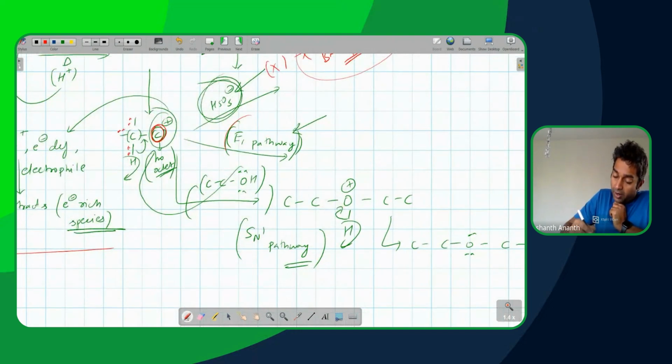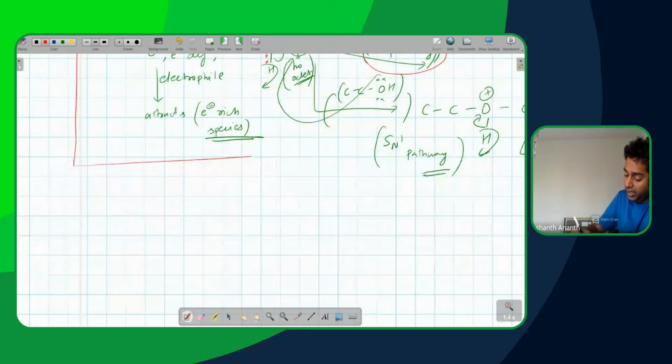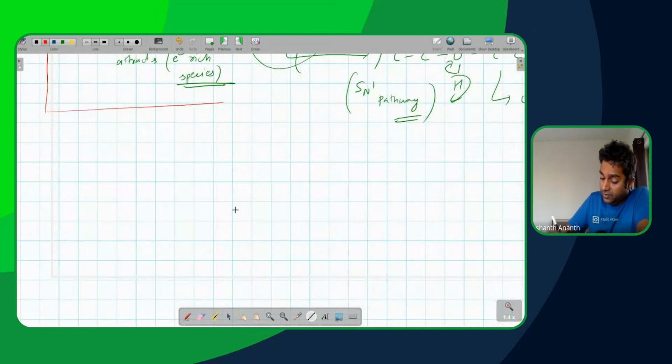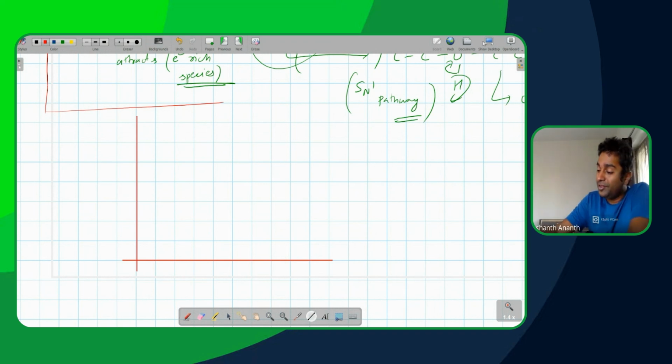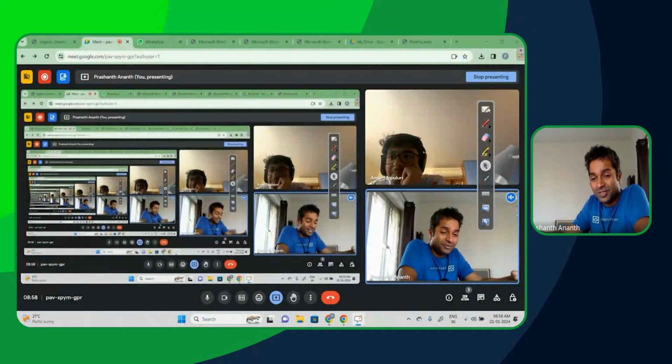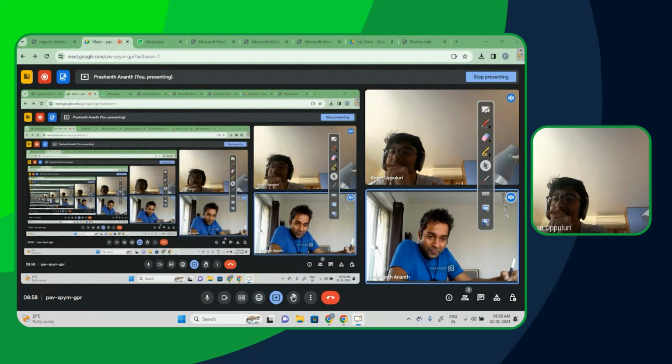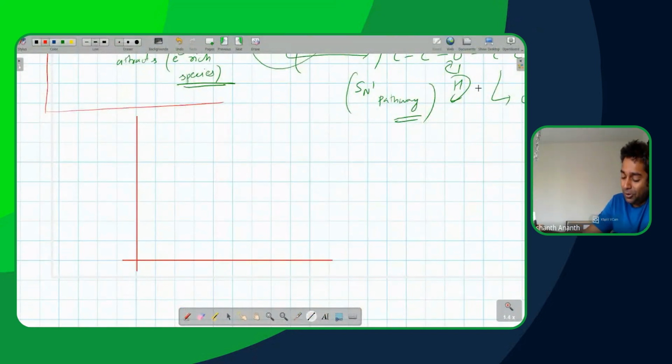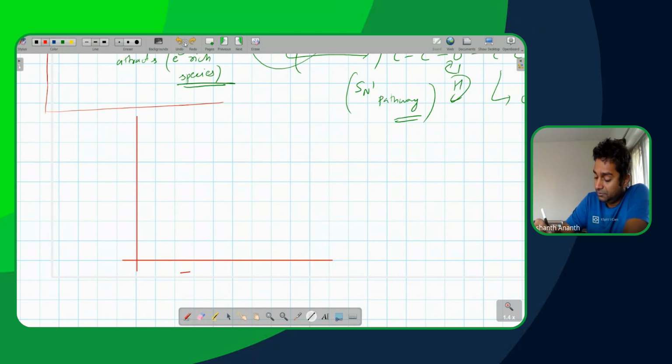The E1 pathway looks nice, but that is actually a far more complicated pathway. Look at the scenario here. If I'm looking at the energy profile diagram, I have seen that your energy profile diagram in many places there. So that means you should have a reasonable idea as to what an energy profile diagram is supposed to be by now. So let's start talking about the energy profile diagram. I'm going to have reaction progress.